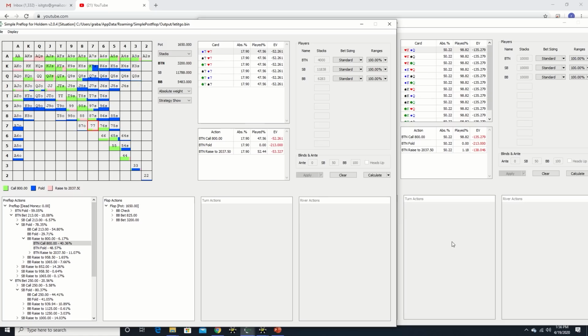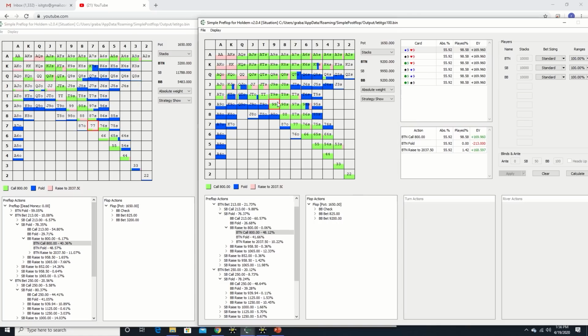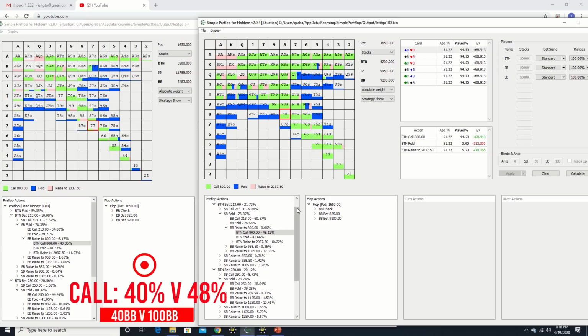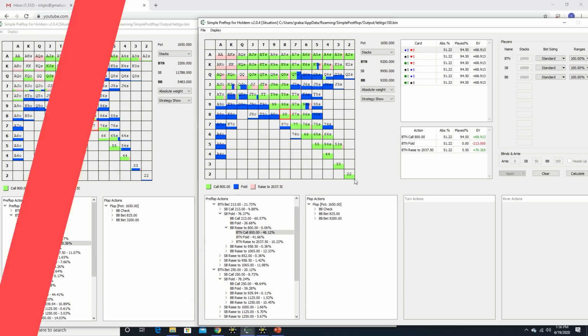If we contrast this to the 100 big blind sim, we see the opposite effect, where aces, kings, and queens are 4-betting 100% of the time, whereas the lower pocket pairs primarily flat. Additionally, we see that the solver is calling more broadly in the 100 big blind sim in general, particularly with hands that benefit from higher implied odds, such as suited combos and lower pocket pairs.